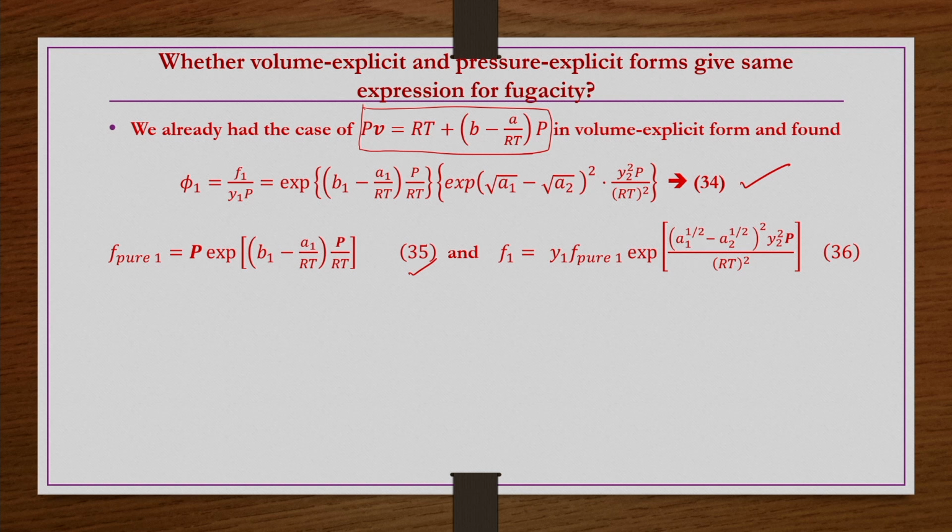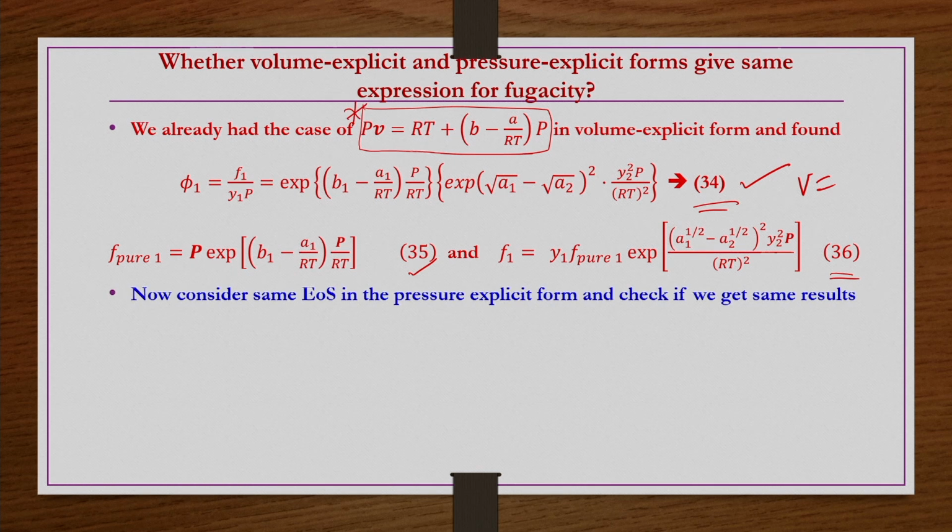This is what we have derived. Now, the same equation of state we will write in a pressure explicit form. These equations 34, 35 and 36 we got when we wrote this equation of state in a volume explicit form, but the same expression we will now write in a pressure explicit form like this,